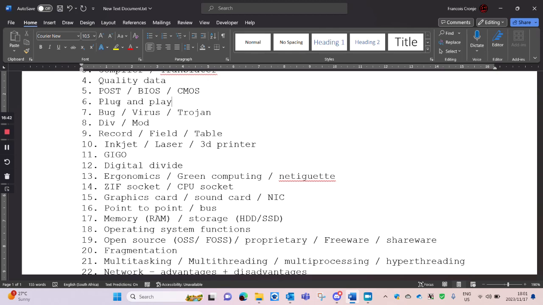The key word there is that all of them need drivers. Drivers are software. It's sort of like a translator. It's software that allows our computer to talk with that hardware device. And what plug and play does, as soon as you add a new component, is automatically detect that new component and then start looking for the drivers for that component. So the keyword for plug and play is automatic detection. That's the main thing. And then you can start adding drivers and stuff like that as well.